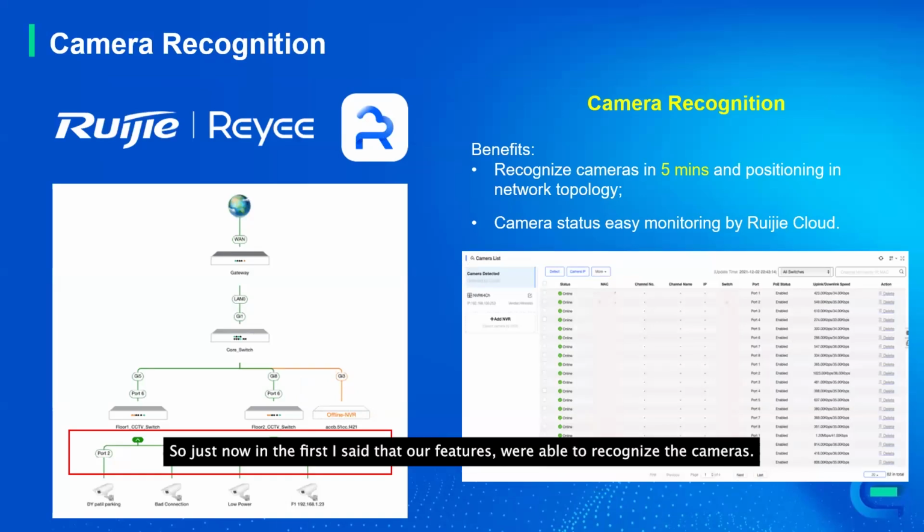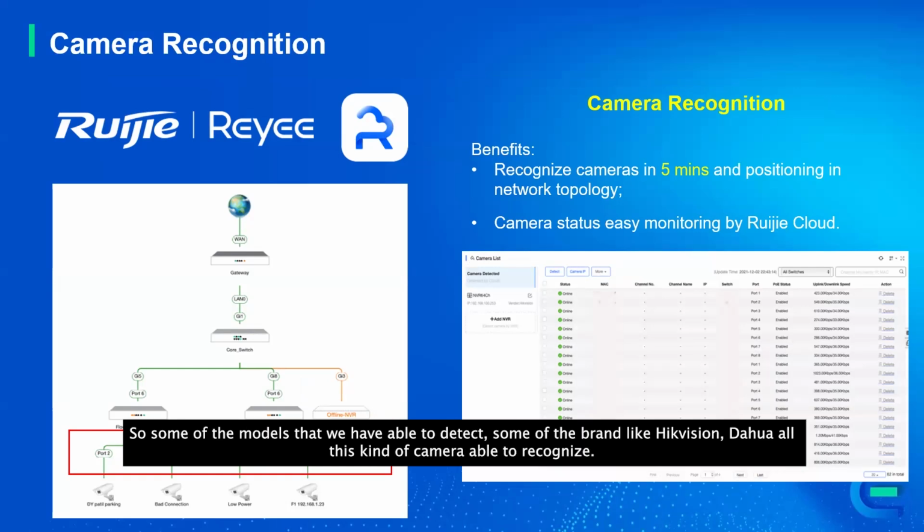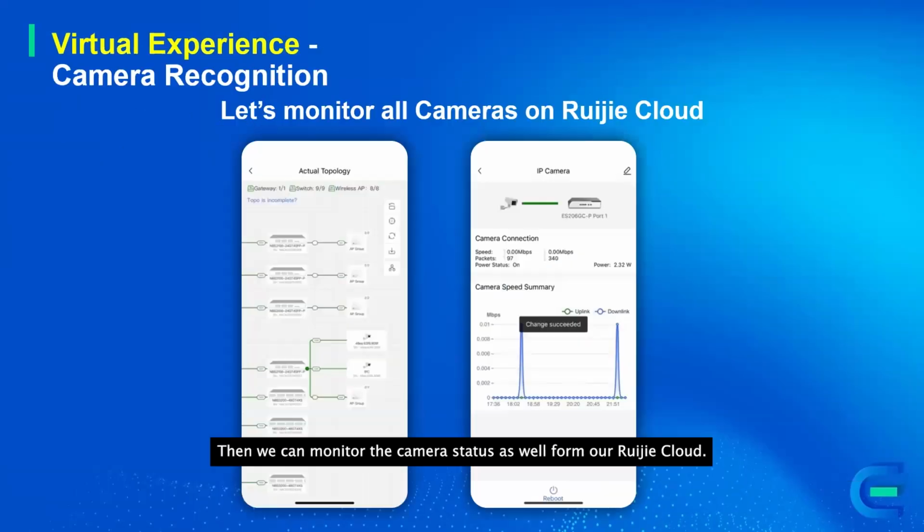Yeah, so just like I stated at first, our switches are able to recognize cameras. Some of the models and brands, like Hikvision, Dahua, all these kinds of cameras, are able to be recognized. Okay, then we can monitor the camera status as well from the Ruijie Cloud. Yeah, and also